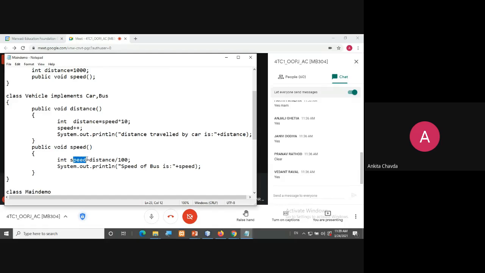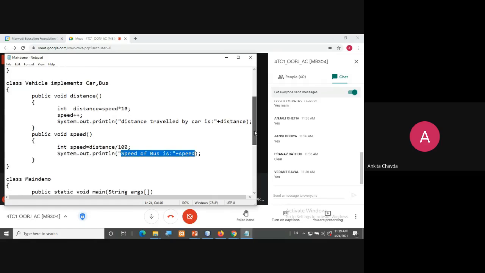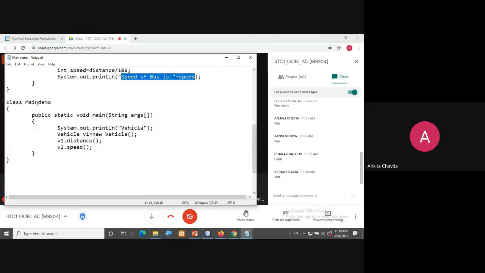Here I am calculating speed, that whatever the distance is, divided by 100, and you will have the speed, and the speed of bus is this. Now in this class main demo, in public static void main, we create vehicle v1 equals new vehicle, and via this object v1 we call these two methods, distance and speed. Okay. This is what we are doing.